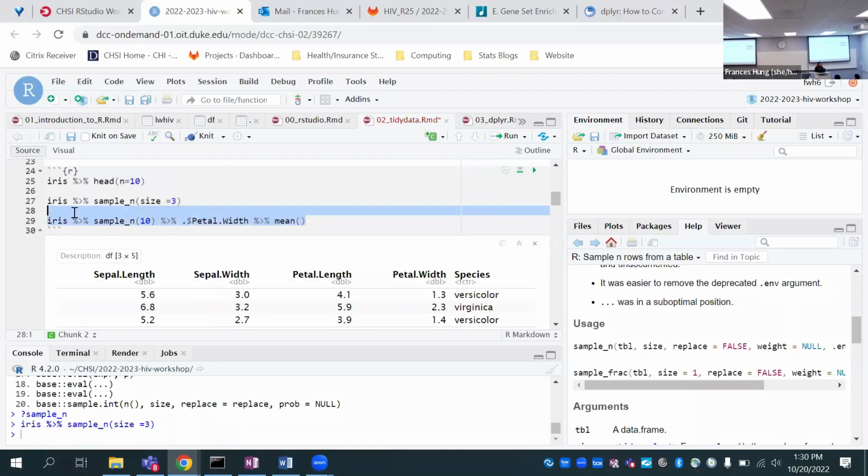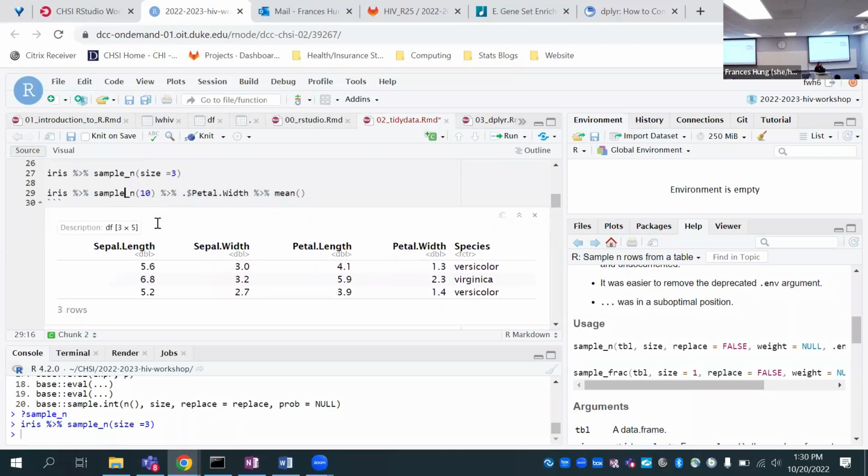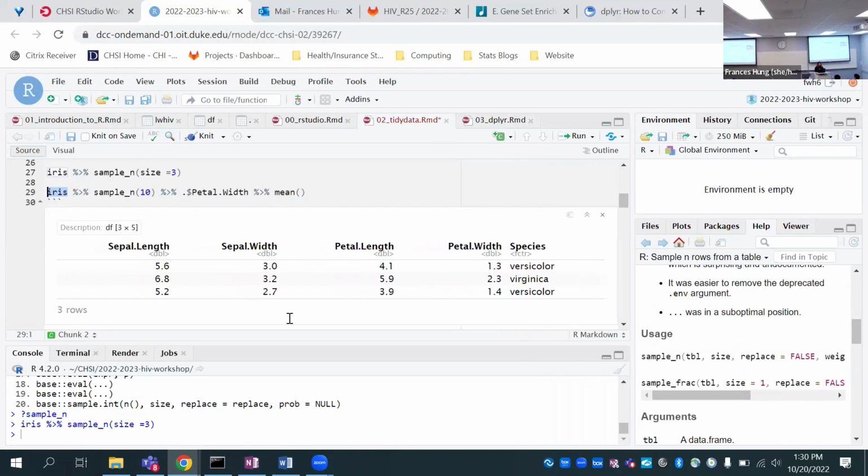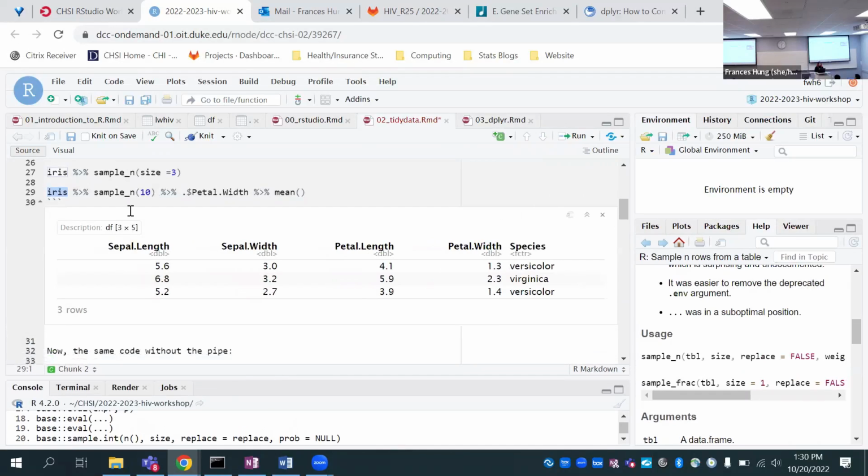Execute iris, sample_n of 10 and see what you get. Then execute the next part, iris, sample_n 10 and then the petal width, and see what you get. Break it apart step by step for yourself. Yeah, that's a good point. Thanks, Janice. That's also how you write it too. Whenever I write code, I write the first part to see what I get, and then I put the second part on. That's good practice for sure.